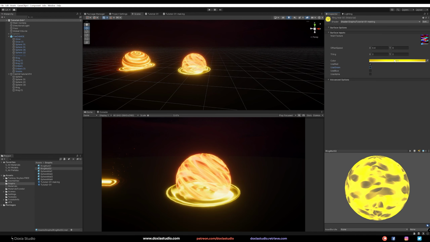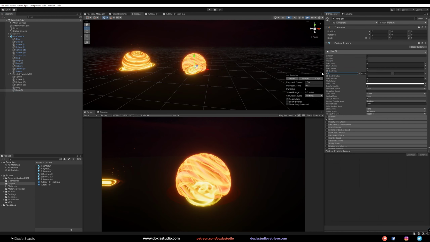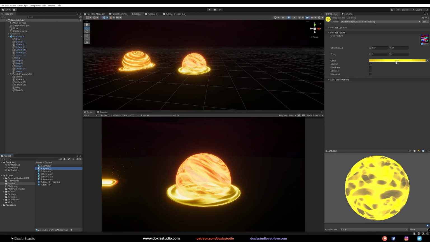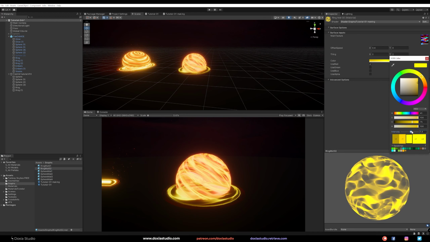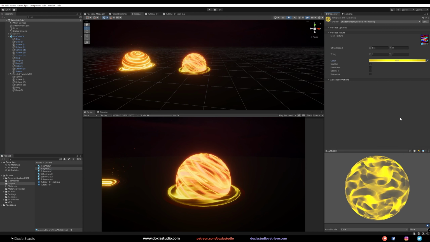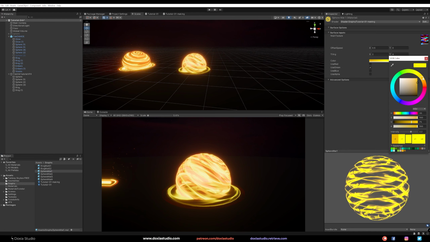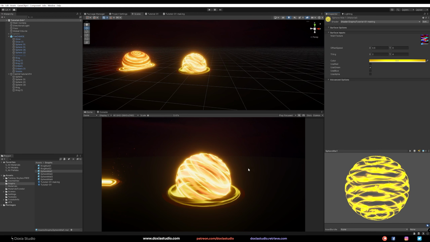Hey, that one is really cool. And we can lower this to 0.75, something like that. Maybe this is 2, and the outer one, let's go with 2.5. 2.25. Ah, that's cool. And I think the emission intensity is way too big. Something like that. And here, let's bring this more to the yellowish. Cool. Now we have a nice glowy effect.